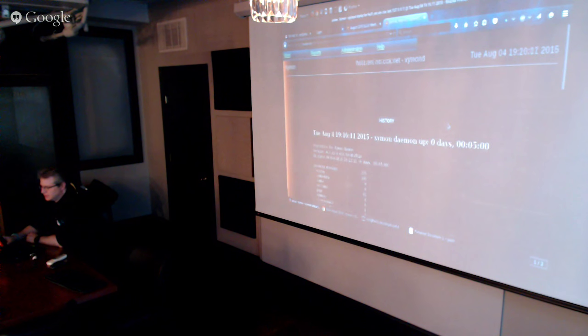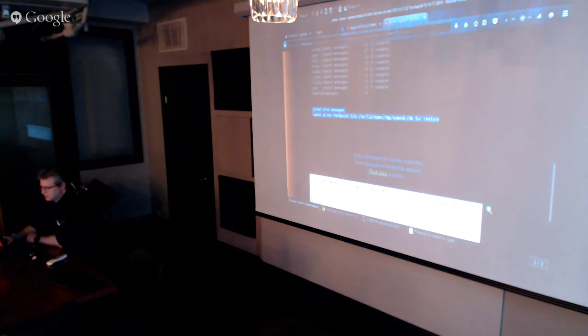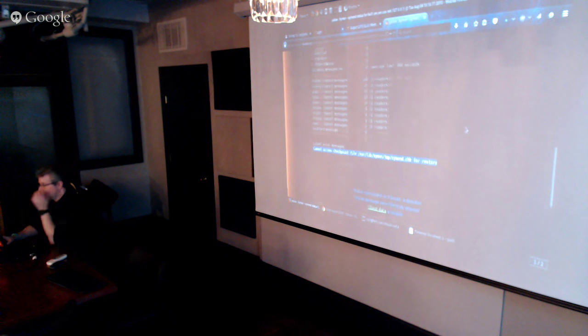So for some reason this is yellow. Cannot access checkpoint. That's probably a permission issue. A lot of times this will go yellow if you're using Windows clients. Windows boxes spew a ton of data at Xymon. It throws everything out of that log at it. It is just a pain. You actually have to modify the Xymon config to accept a larger message size from a Windows box. It's just so much data.